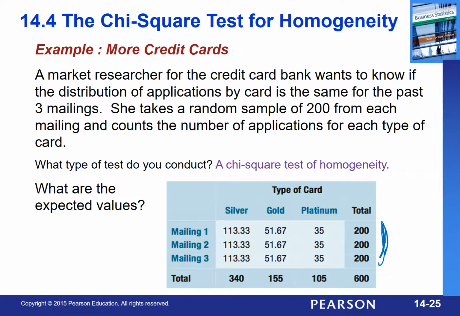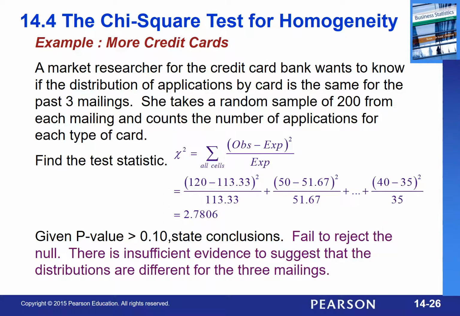And that's why this is a test for homogeneity. And additionally, I'm hoping you notice that since this has more than one and I'm not comparing historical values, this is clearly not a goodness of fit. All right, let's do our test statistic. To calculate the test statistic, I'm going to take all of those cells, just in case you forgot, there are 9 of them. Do all those differences, square, divide, and then add all of them together. Whew, and you get